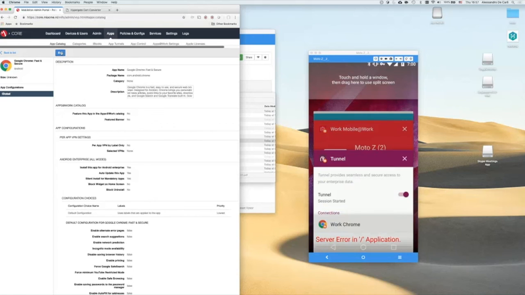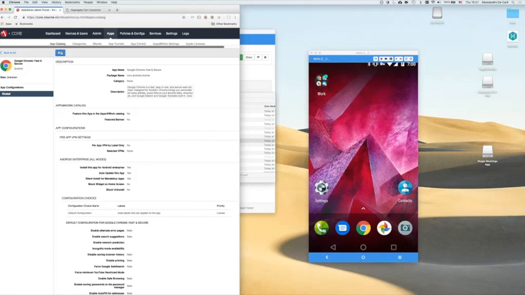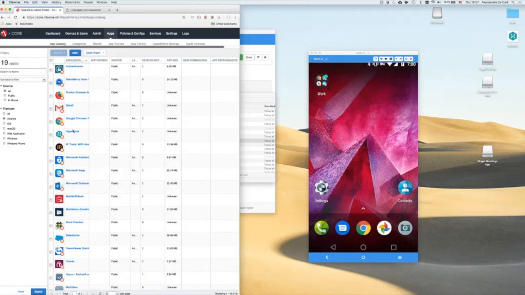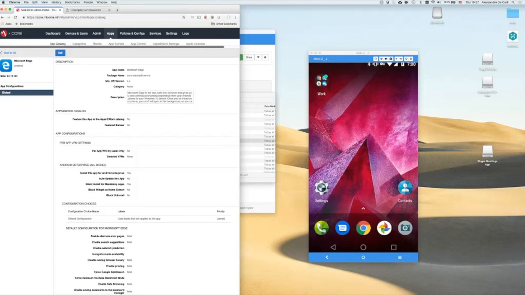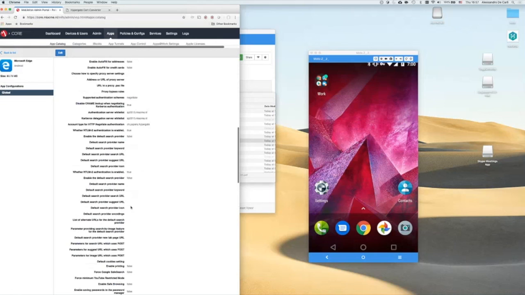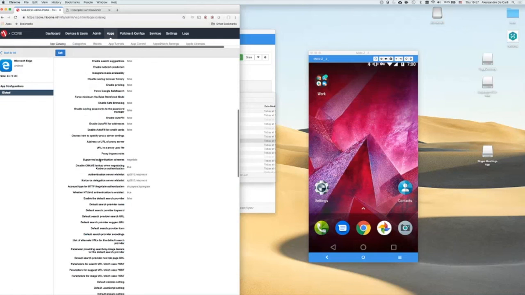Cool. And the whole thing is also compatible with the Microsoft Edge. It's basically the same configuration down here. So you really just need to say which account type it should use. All right, I see that